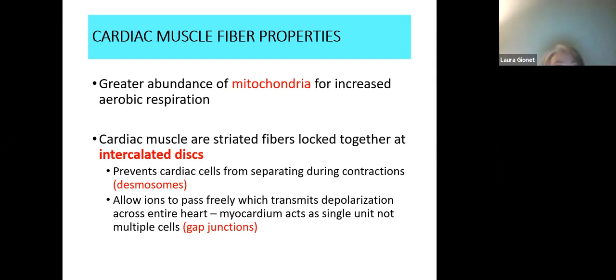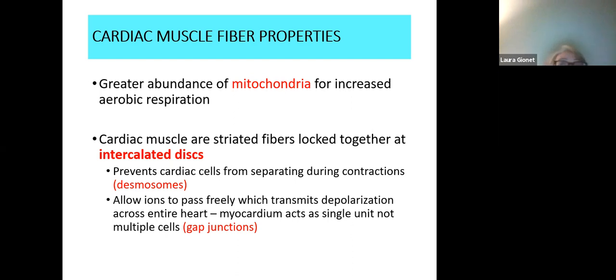And then the gap junctions are like pores that connect the cytoplasm of one cell to another, allowing ions to pass freely, which transmits impulses for depolarization, the contractile portion of the impulse, so the myocardium acts as a single unit, not multiple cells. The way we stimulated skeletal muscle contraction was because each muscle cell, remember, had a nerve, an artery, and a vein, and actually sometimes multiple arteries. But with cardiac muscle, there's going to be a particular